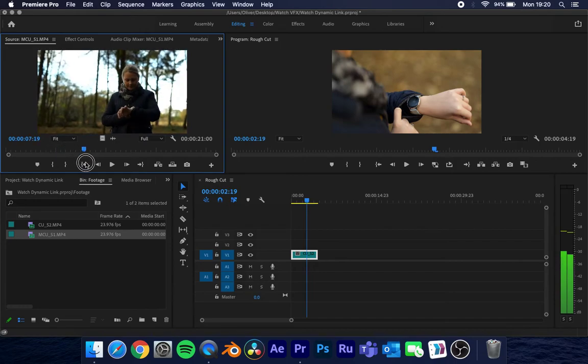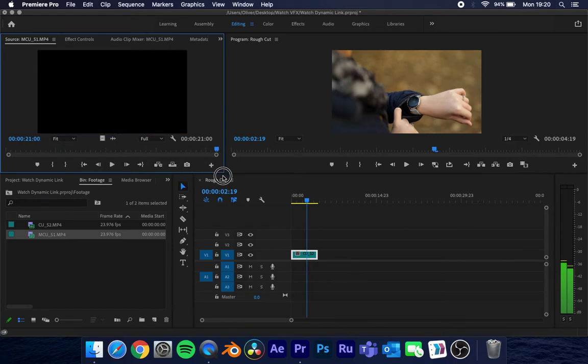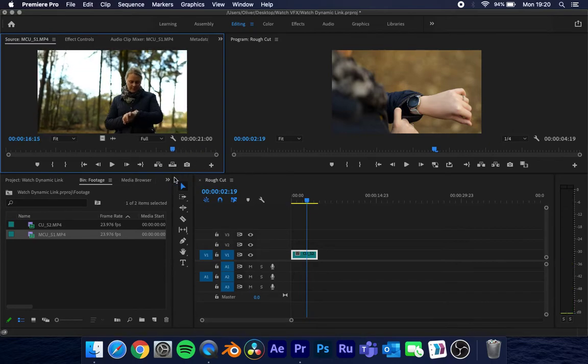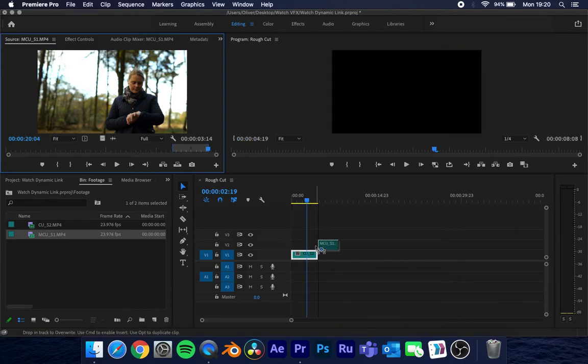So again, I could watch this whole clip, but I'm just going to go to maybe around about the end here where it seems a bit more stable. And I'm going to again mark an in point, 1, 2, 3, 4, 5, and mark an out point. Grab the video only. If I was to grab the middle here and drag it down, it's going to bring